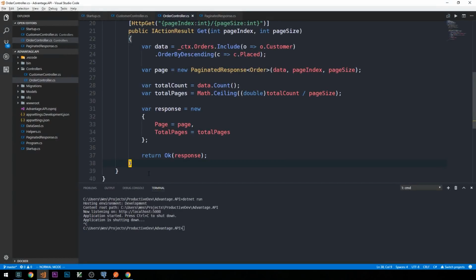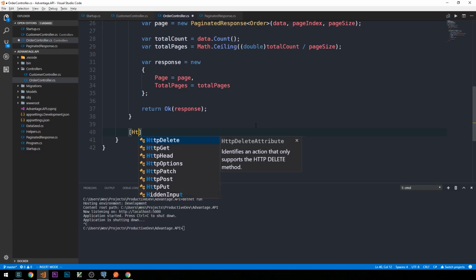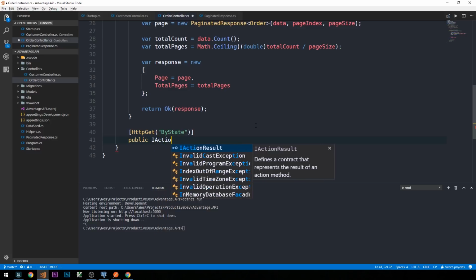Let's say we wanted to provide our API with the ability to return all of the orders grouped by state. So we can do that pretty easily here. We'll create a new HTTP GET method, and we'll call this one by state. So then we'll have a public IActionResult